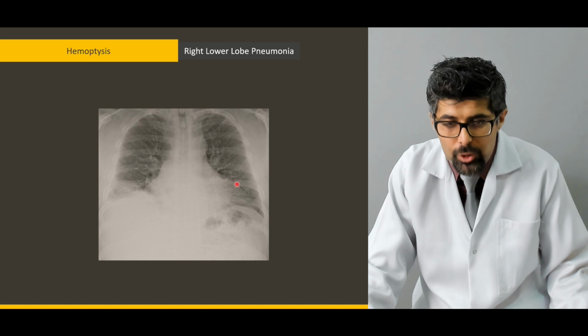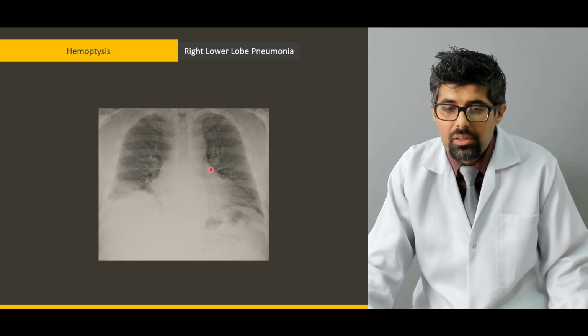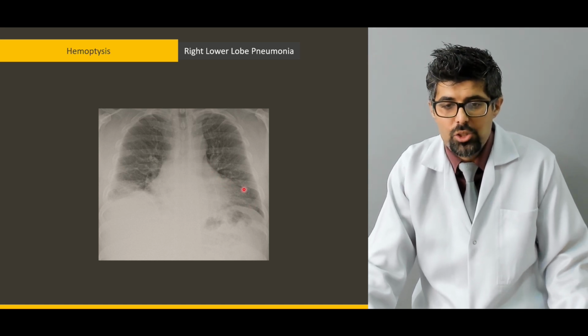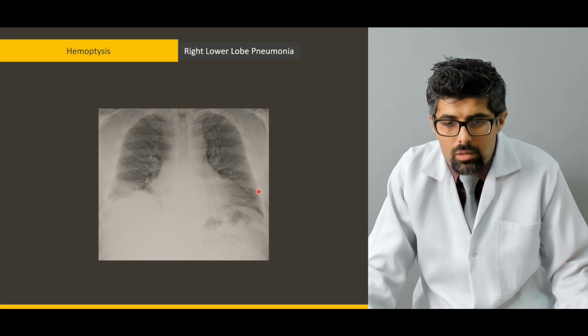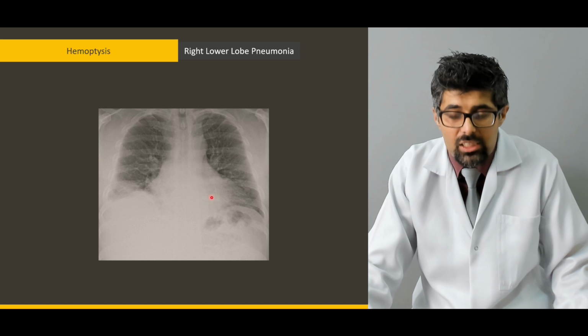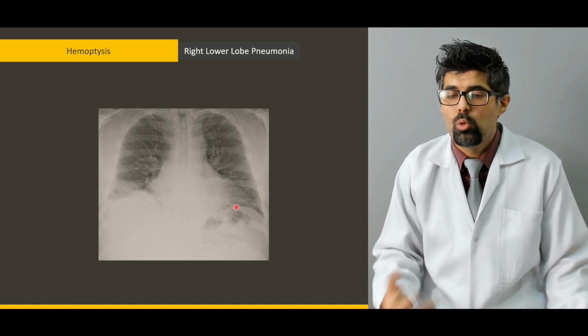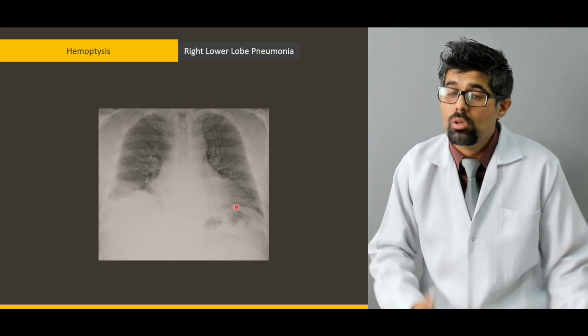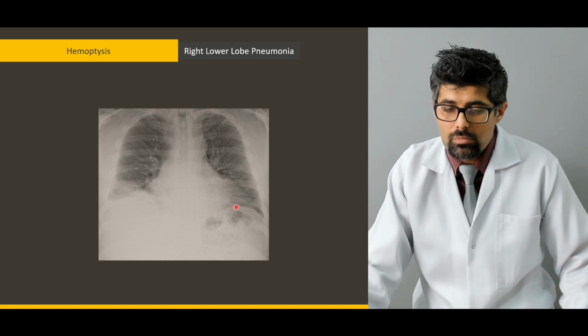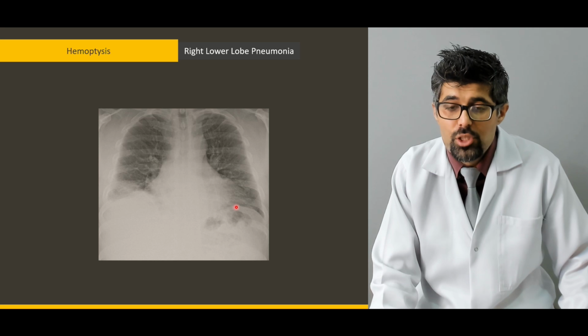It has produced the silhouette sign, that is the mediastinal margin is lost here. So if you see this kind of picture in pneumonia with a patient with hemoptysis, be sure that it is causing the patient